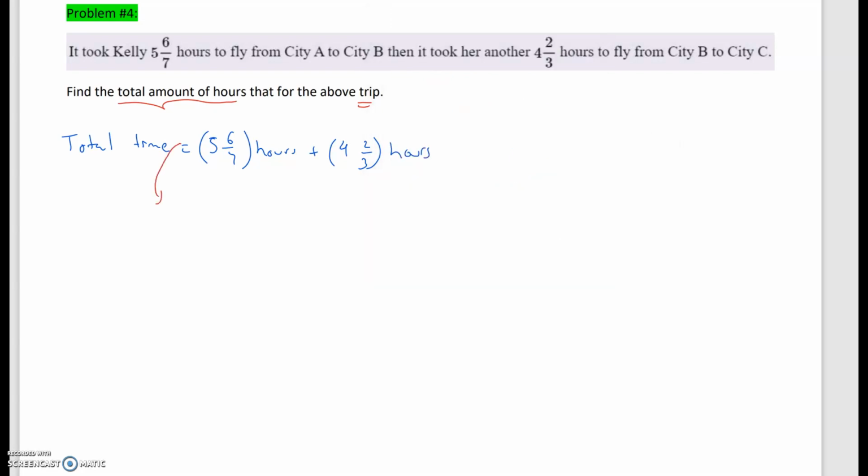And then at this point, what I'm going to do for the calculations is drop the parentheses and the units. So this will just be 5 and 6/7 plus 4 and 2/3, or 5 plus 6/7 plus 4 plus